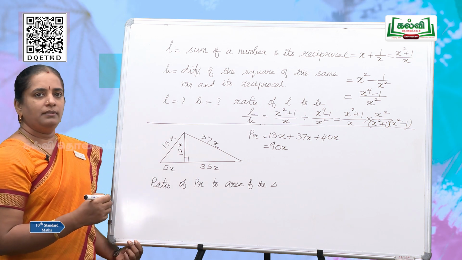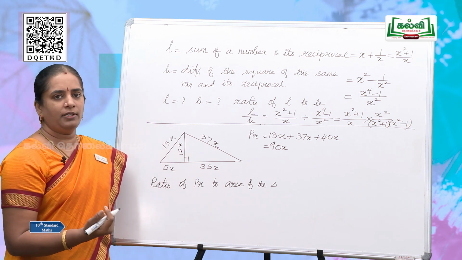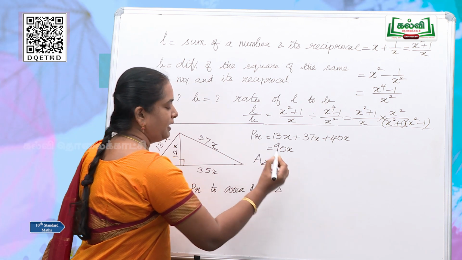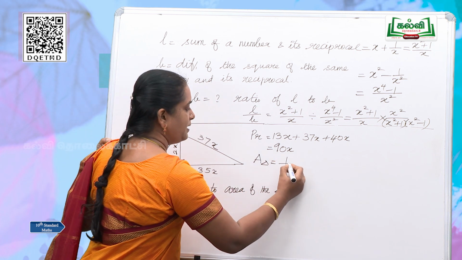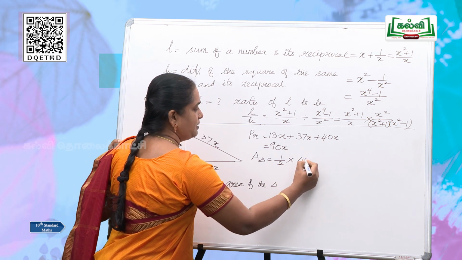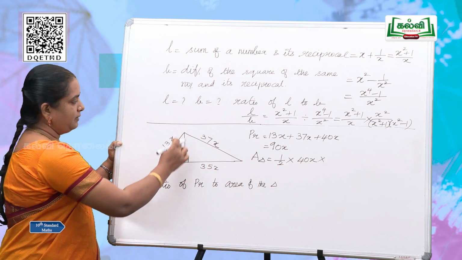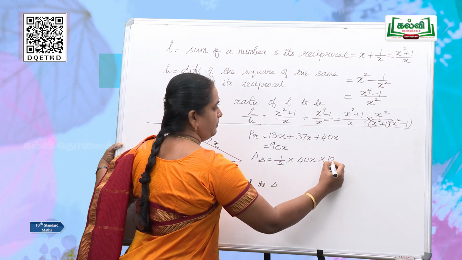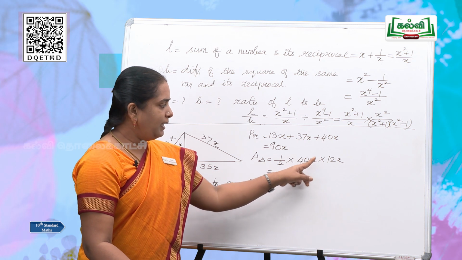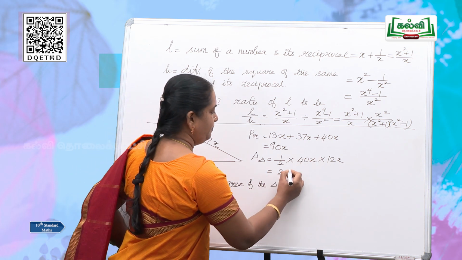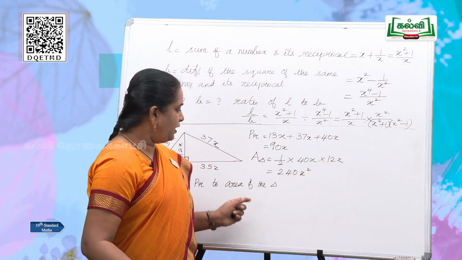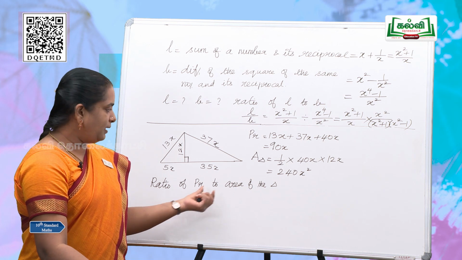And what about the area? What is the formula to get the area of a triangle? Half BH. So, the area of the triangle is half BH, since base and height are there. So, what is the base? 35x plus 5x, which is 40x, into height, the altitude is 12x. Before multiplying we can cancel the numerical coefficient. So, 20 into 12 is 240, x into x is x square. This is our area.